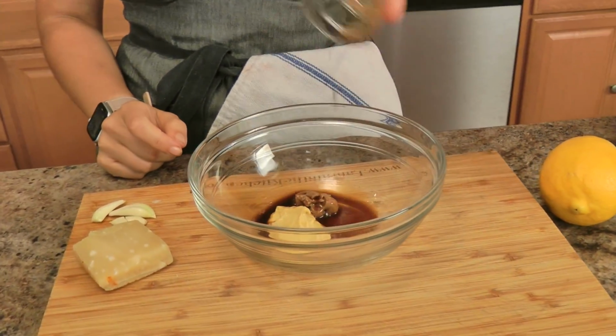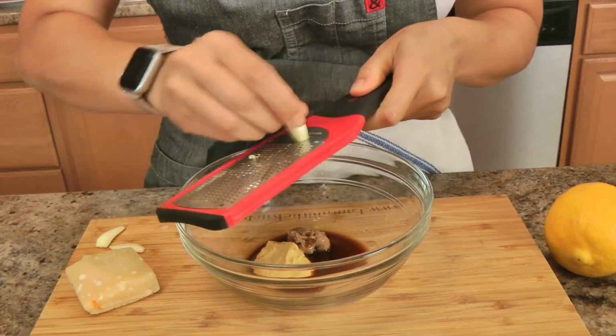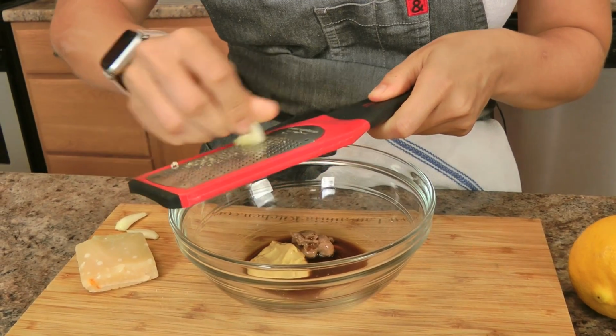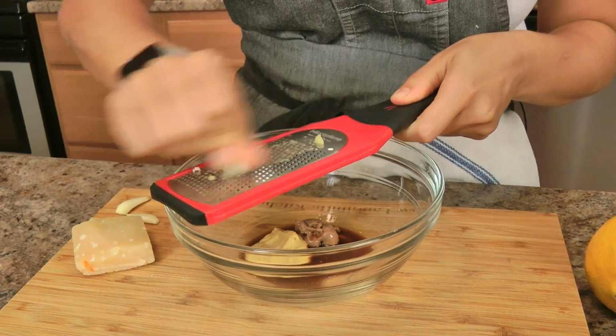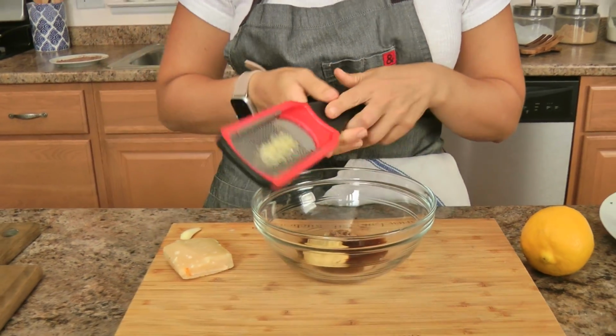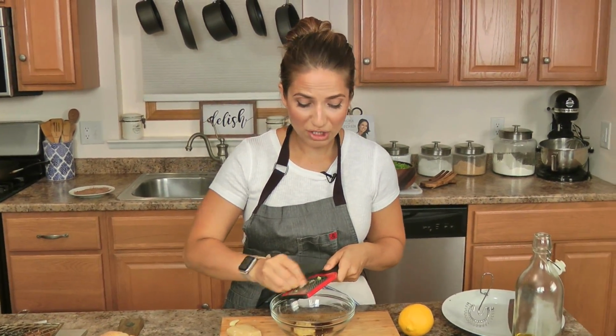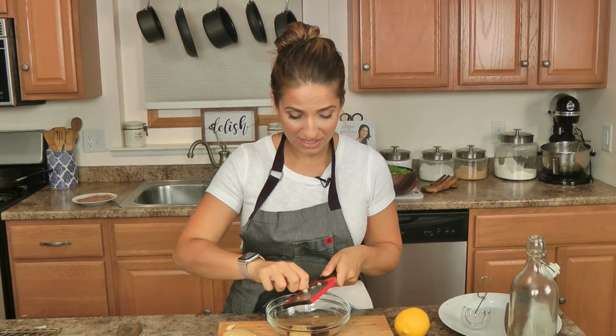Dijon mustard and the anchovy paste with some garlic. This is going to emulsify, as you're whisking in the olive oil, you're going to emulsify it so it's not going to split and be all oily and terrible. Nobody likes that. It's going to be phenomenal. And you'll understand why this is my favorite Caesar dressing because it's just